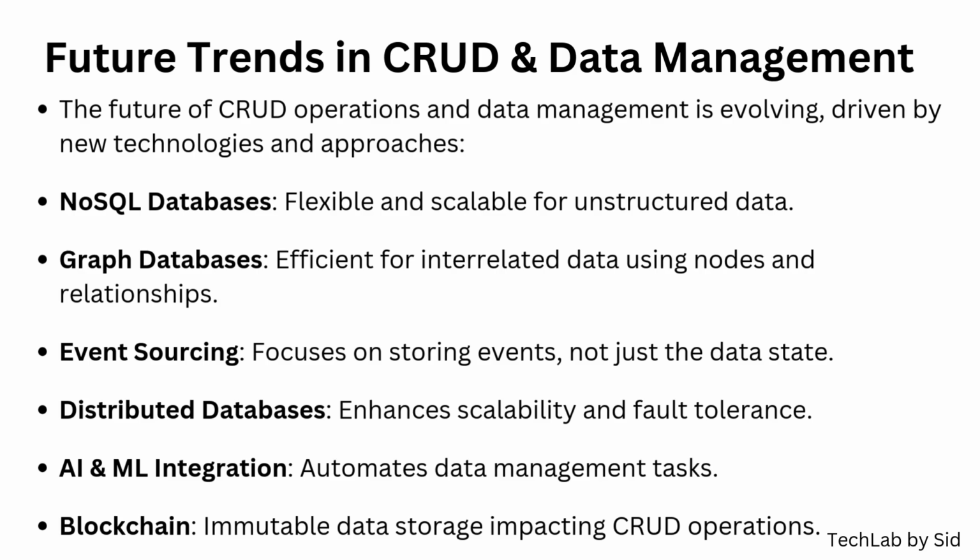AI and ML integration is streamlining data management by automating tasks like data cleaning, pattern recognition, and decision-making, reducing the manual effort required. Lastly, blockchain is introducing immutable data storage, ensuring that once data is recorded, it cannot be altered, which has significant implications for secure CRUD operations, especially in applications requiring high trust and transparency, such as financial services and supply chains. These trends are pushing the boundaries of traditional data management, offering new opportunities for more efficient and